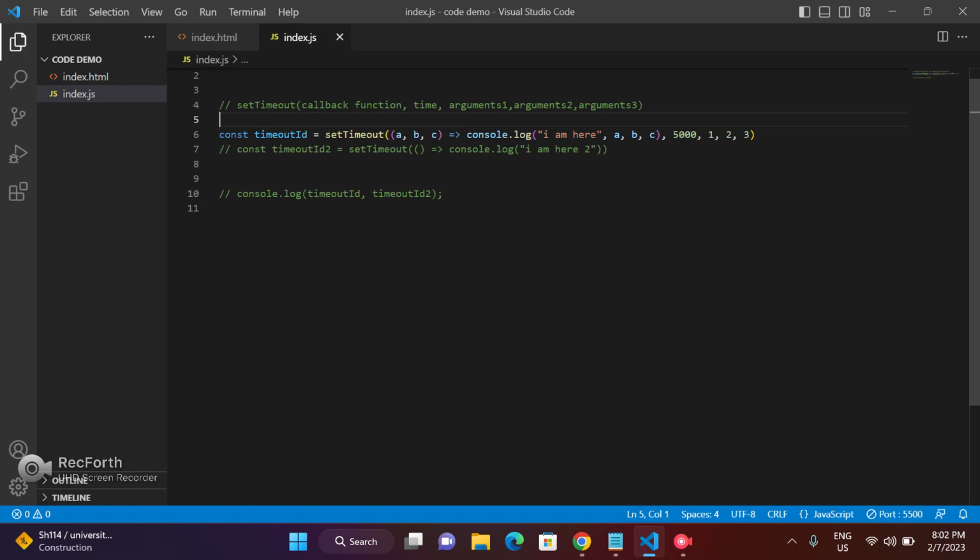Okay, and Anjali, is your answer the same or anything else? Yeah, after 5 seconds only it will print I am here and it will print 1, 2, 3. ठीक है? So Anjali, your answer? मुझे समझ में ही नहीं आ रहा है। क्या नहीं समझा? ये टाइम आउट का समझा ही नहीं मुझे।